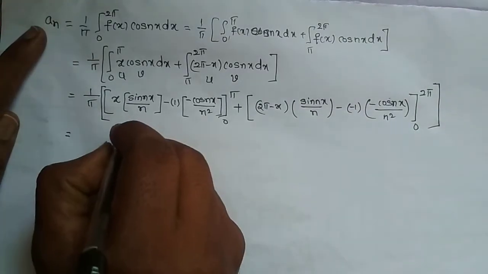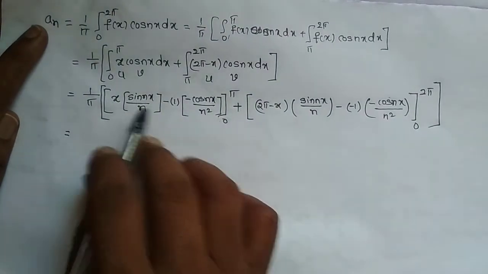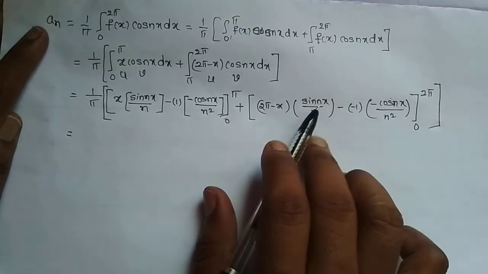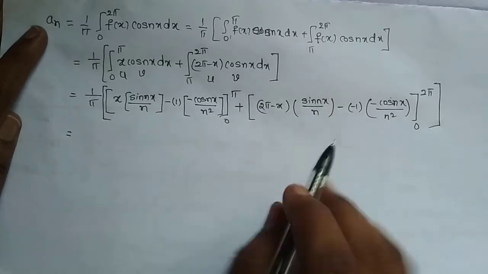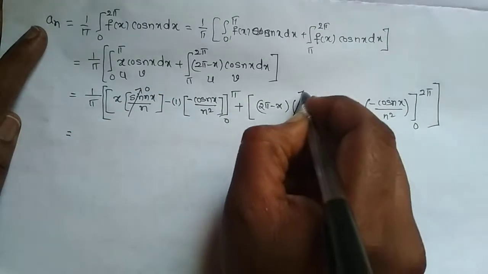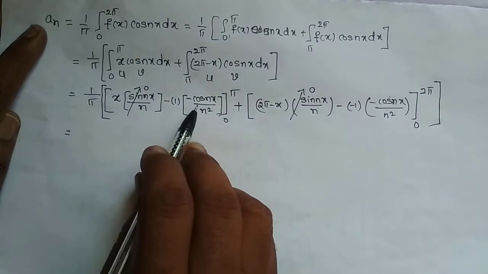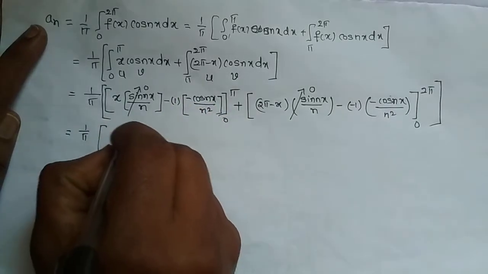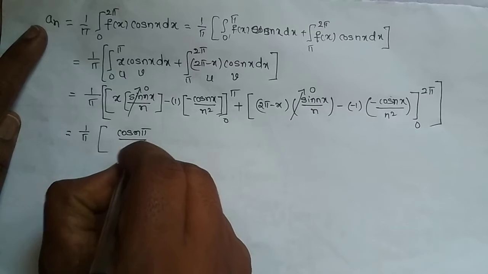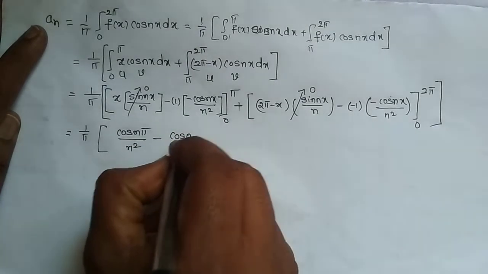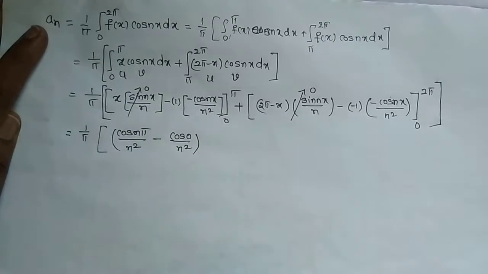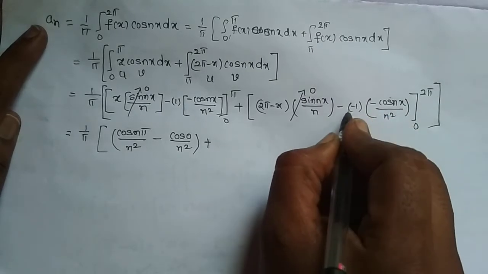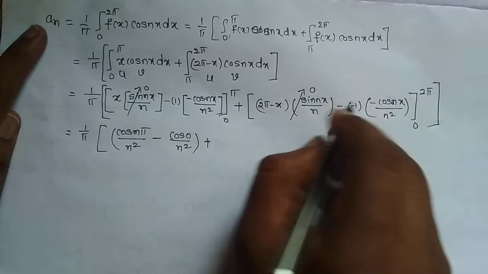Now the limit substitution. Before we go to limit substitution, sin n pi, sin 0 is 0, and this is also sin 2n pi, sin 0 is also 0. First limit as well as second limit, I can neglect the sin terms, both are zeros. Only I will concentrate on cos terms. 1 by pi into, so this is minus into minus plus, cos n pi by n square, first limit. Second limit minus cos 0 by n square. This is the first one, plus, minus into minus plus, plus into minus minus.